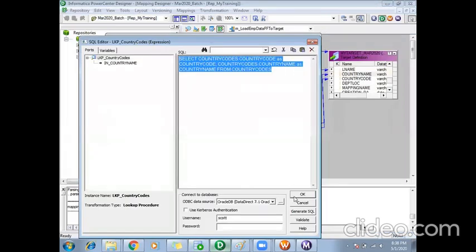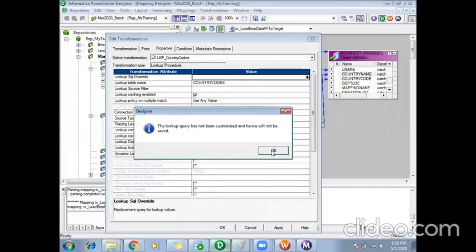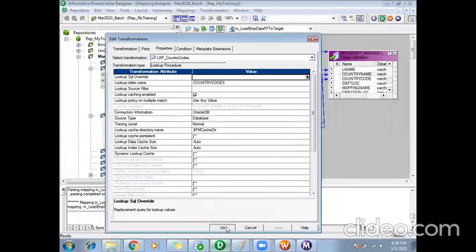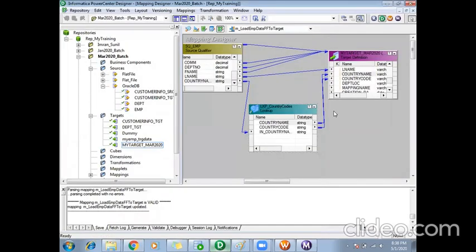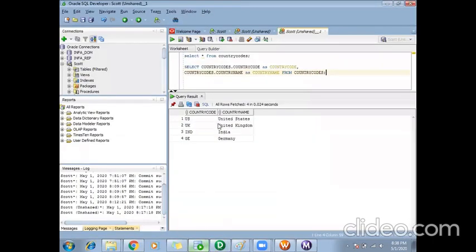Based on the ports which I am passing from my lookup transformation to the next level of my pipeline, it will create a select query, same as your source qualifier. It has selected country code and country name from the country codes table.